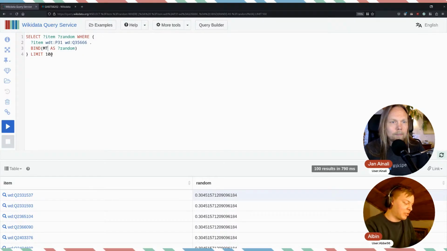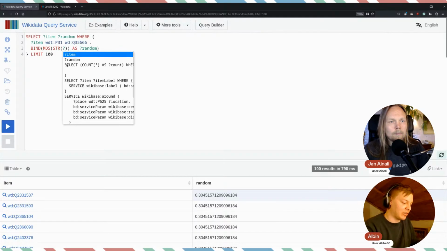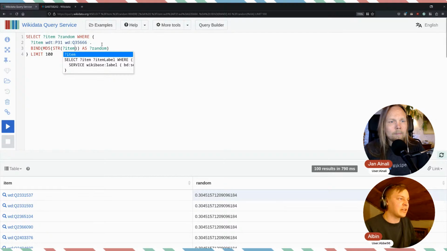A different way to approach this, if we actually want a random number, is to use something called a hash. There's a bunch of hashing functions in SPARQL, so we can do something like that. We want an MD5 hash, and that's just an algorithm. Then we want the string of the item, because the item is actually a long URI. We can just ignore that for a moment. So if I run this instead,